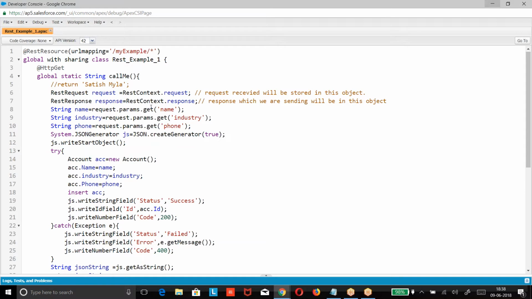We have the RestRequest class and the RestResponse class. The RestRequest class contains the object of the request. The RestResponse contains the object of the response. The request will have request dot params, request dot headers, request dot remoteAddress, request dot requestURI.